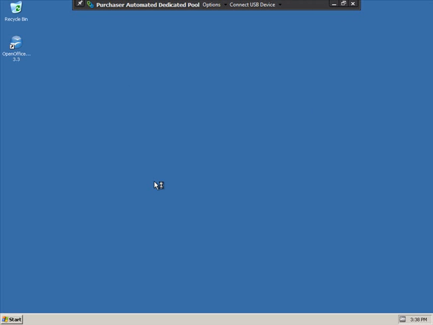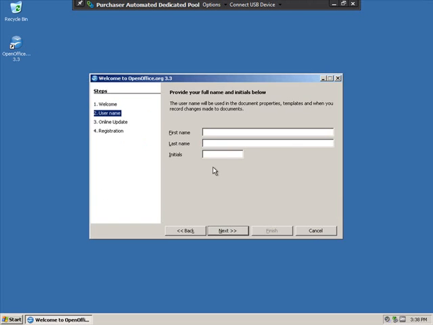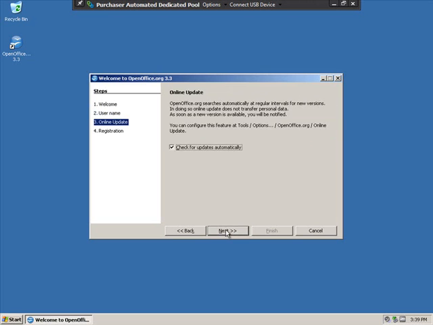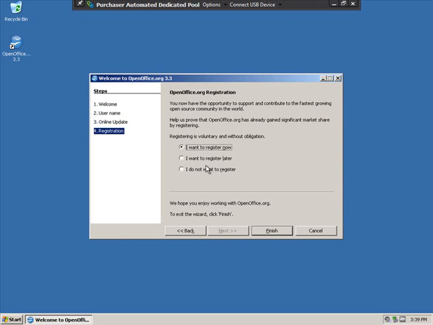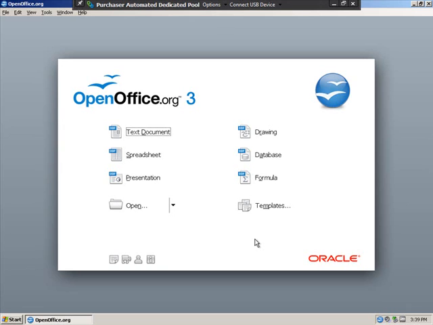All right, we're logged on again now, and you'll notice we now have an OpenOffice.org shortcut. We can go ahead and launch that application. It's going to walk us through an introductory wizard where we just supply our information. We're not going to check for updates automatically, and we don't want to register. And now here we have our